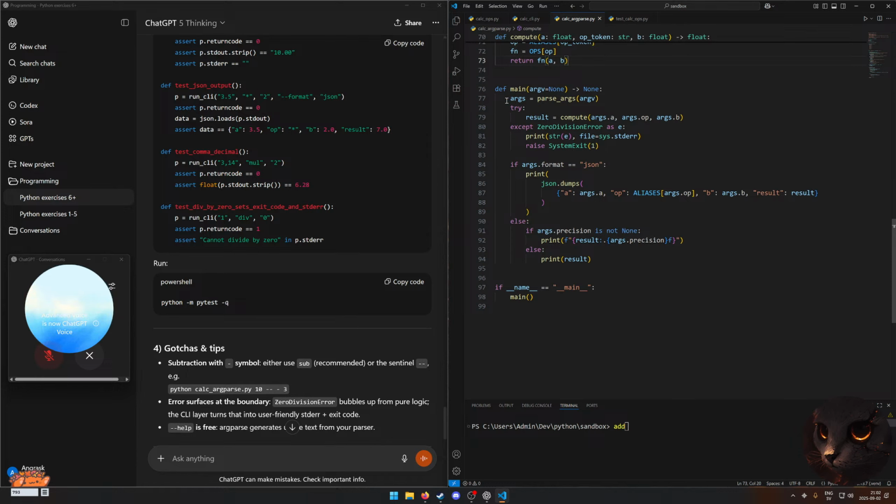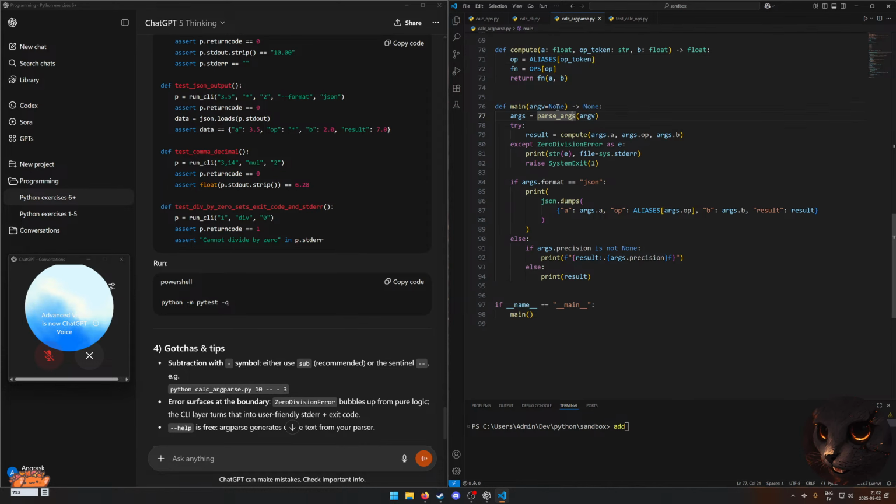And then we have the main function, and here we have args underscore parse args argv, and argv is set to none as a default. So I suppose if we don't type anything, then this will be none. And then we try to get a result by using the compute function and the arguments: arguments A, arguments operation, and arguments B. And if we get a zero division error, we print the string E,